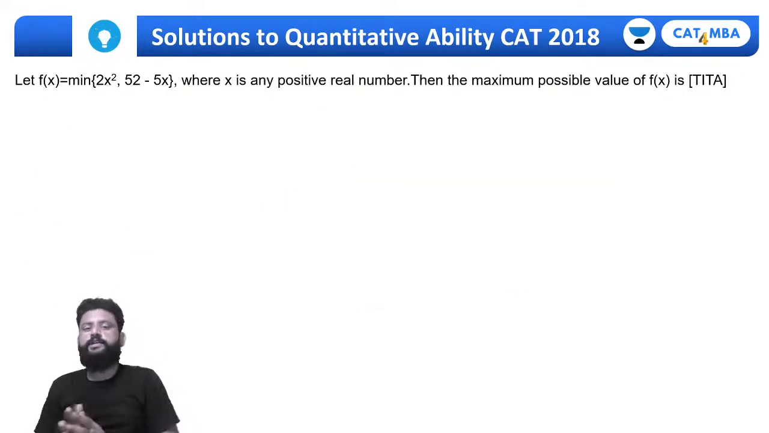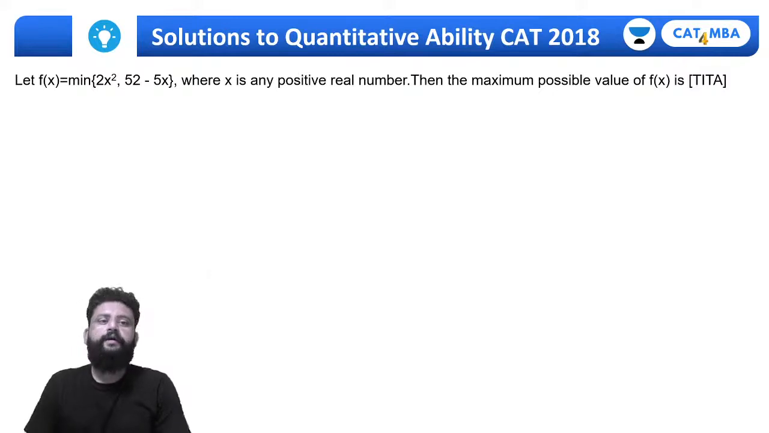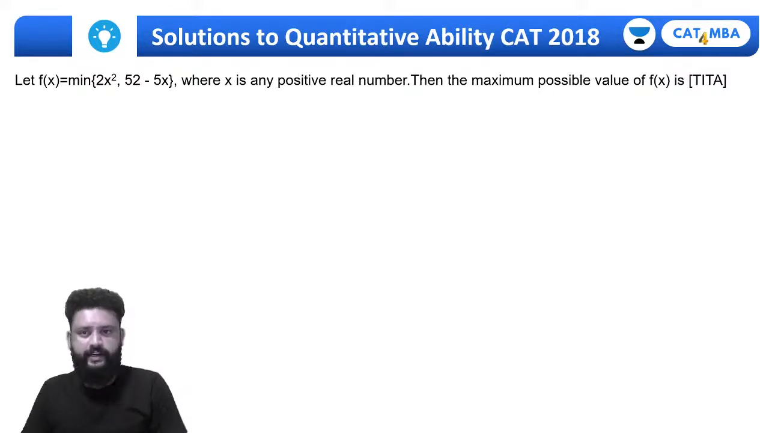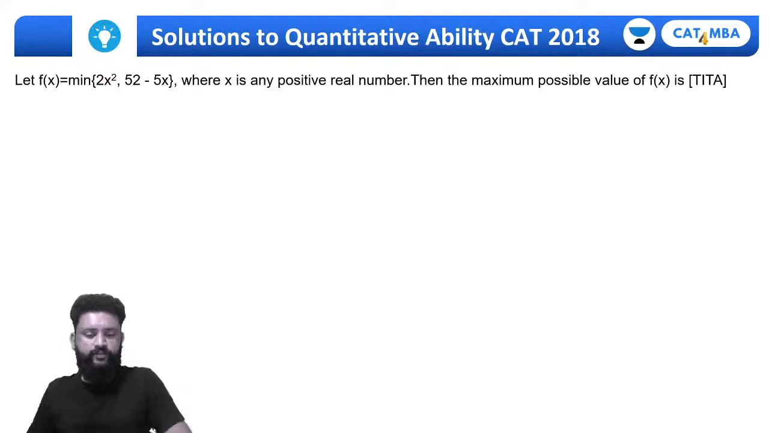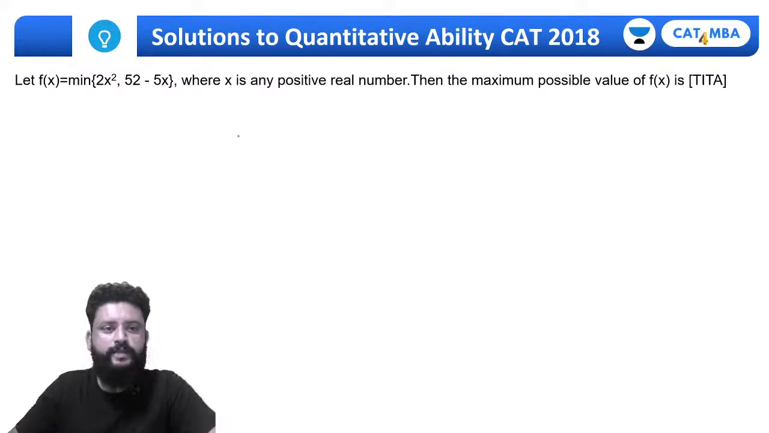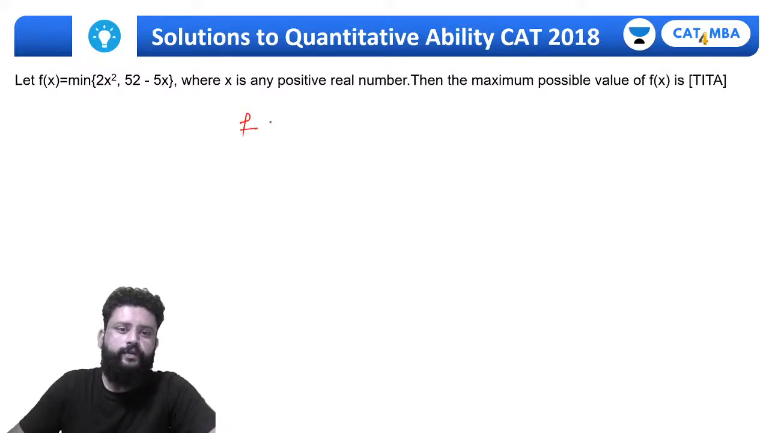Let's move to the next one. Last two questions for the day, guys. ये function के related एक question है, और फिर एक और normal arithmetic का question. So this is related to function: the f of x is minimum of these two. f of x is